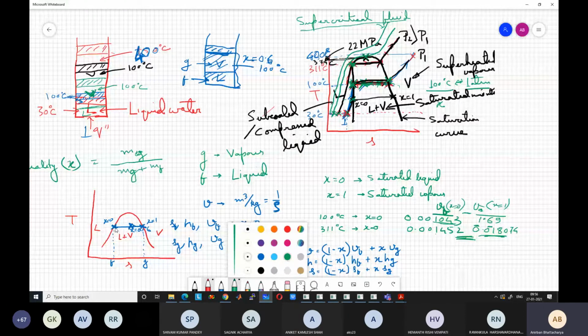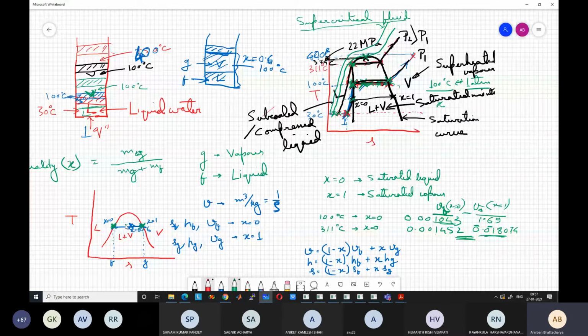What is changing is that more and more fraction of liquid is getting converted to vapor. But once it gets converted to vapor, the vapor is always at this point. And whatever liquid is remaining remains at this point. But the average values are shifting from this point towards this point. So in between, at any point, the average value may be here. After some more time, the average value may be here. Then the average value may be here. Ultimately, the entire liquid gets converted to vapor, and the average value becomes equal to the saturated vapor value.